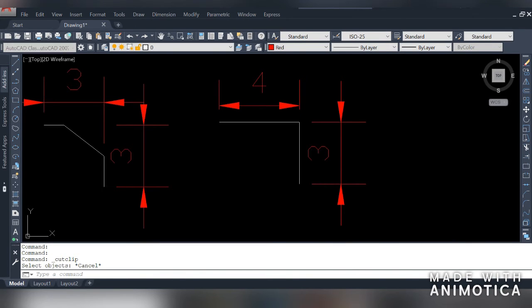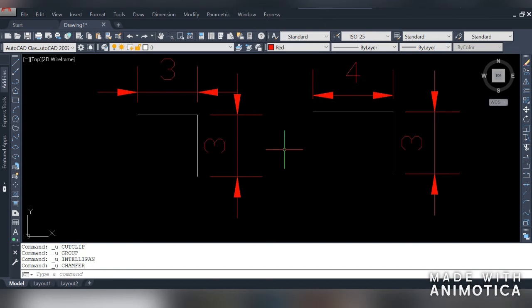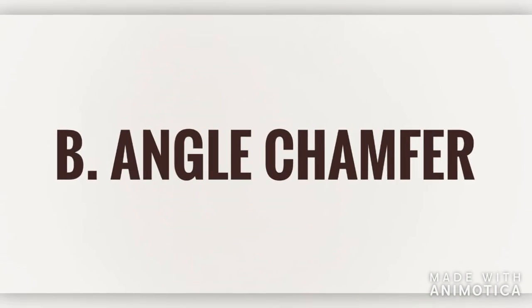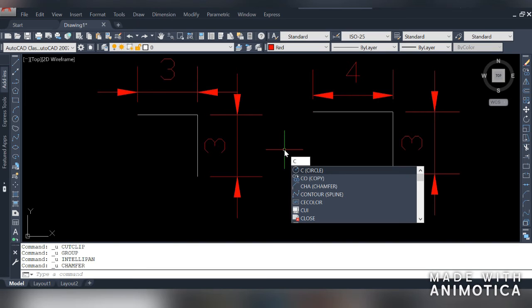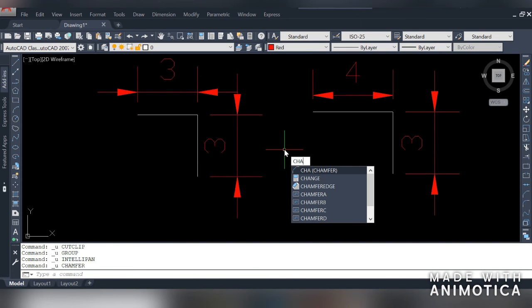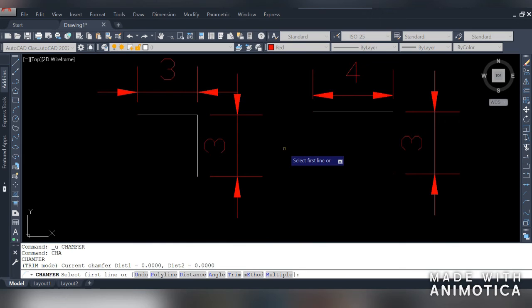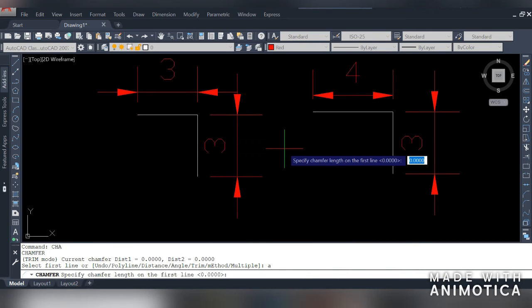Now let's talk about the next method, which is angle method. First choose chamfer command, press CHA, then press enter. To choose angle method, press A and then press enter.